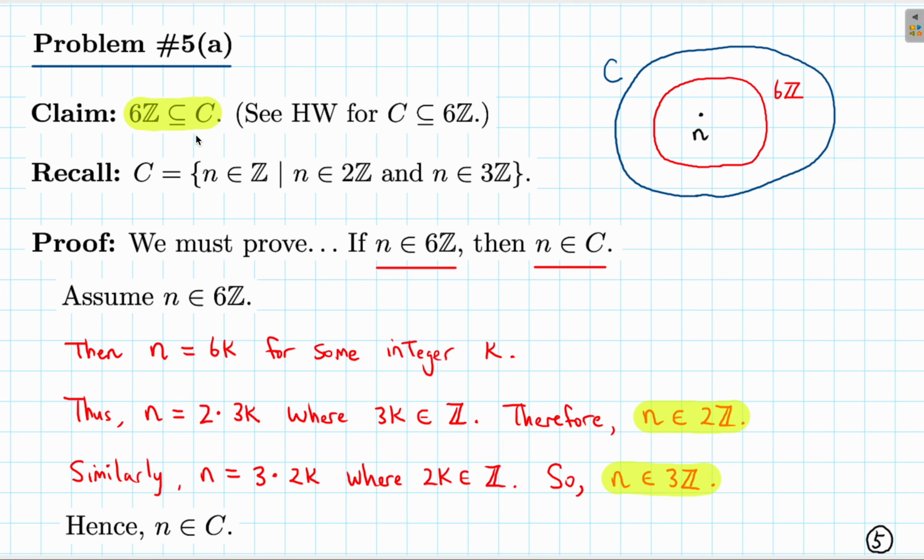And remember that if we want to show that 6Z is actually equal to C, we also have to show the other containment, namely C is a subset of 6Z. But I'll leave that up to you. And that's the end of this proof,